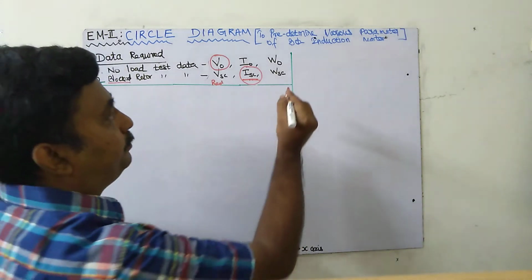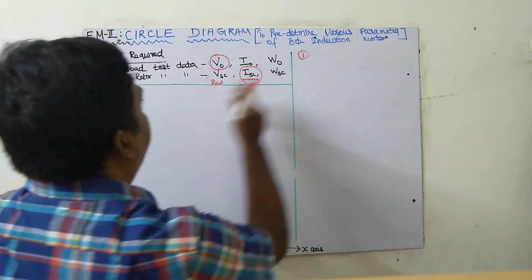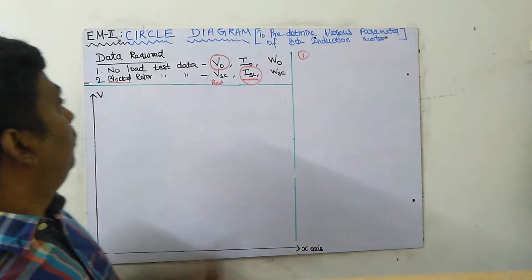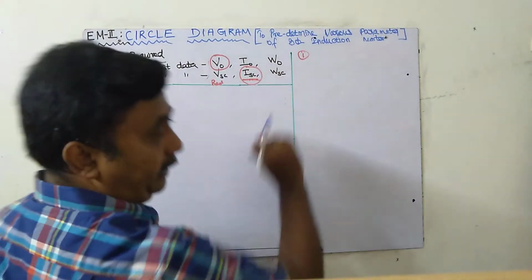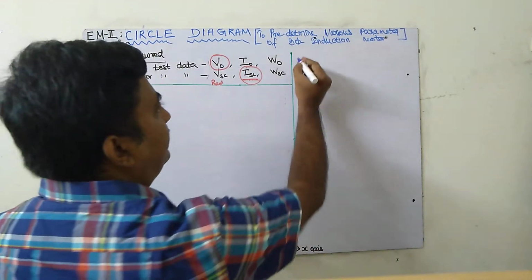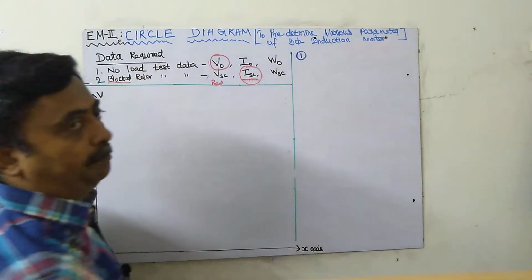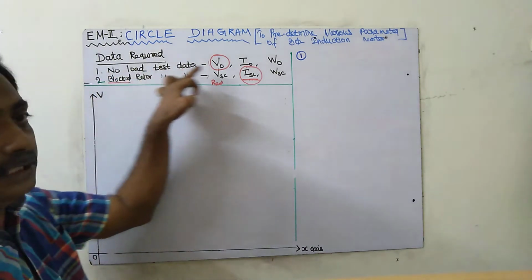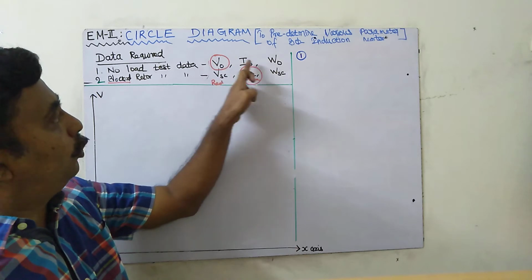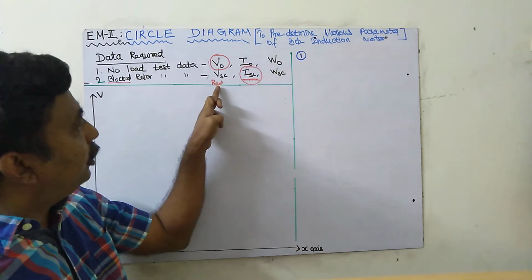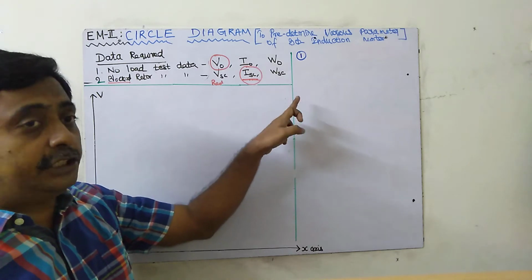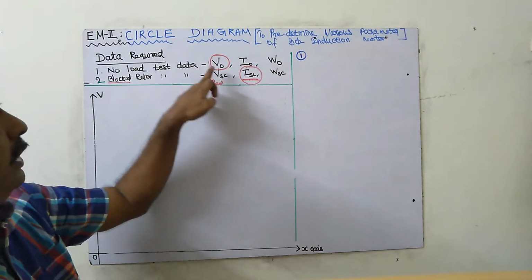Okay, first step: what is the data given here? I will go for a different color pen because it will not be visible. Black is already written, so I will go for blue. The first thing is a long procedure, but it is a step-by-step procedure only. First step, what is the data given? No load test data is given: no load voltage, no load current and no load power; short circuit voltage, short circuit current and short circuit power. During the short circuit also, that I will come to next.